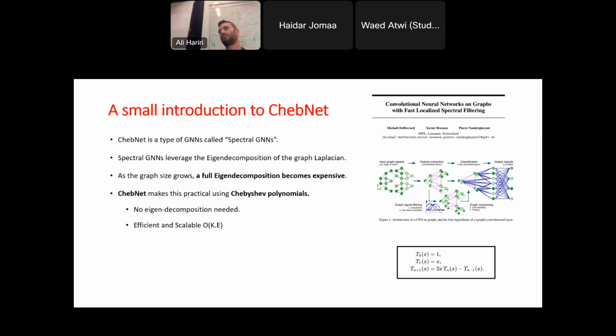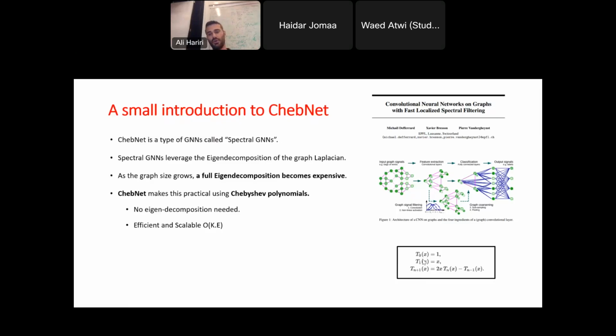When the people at LTS2 in 2016-2017 tried to make a first connection between machine learning, deep learning, and graph signal processing, which is what the lab originally does, and we are called, until now, the signal processing lab, this connection was first introduced in ChebNet. So what is ChebNet? It's basically based on Chebyshev polynomials, the three equations that you see here, and these are some recurrent terms that have apparently very nice applications.